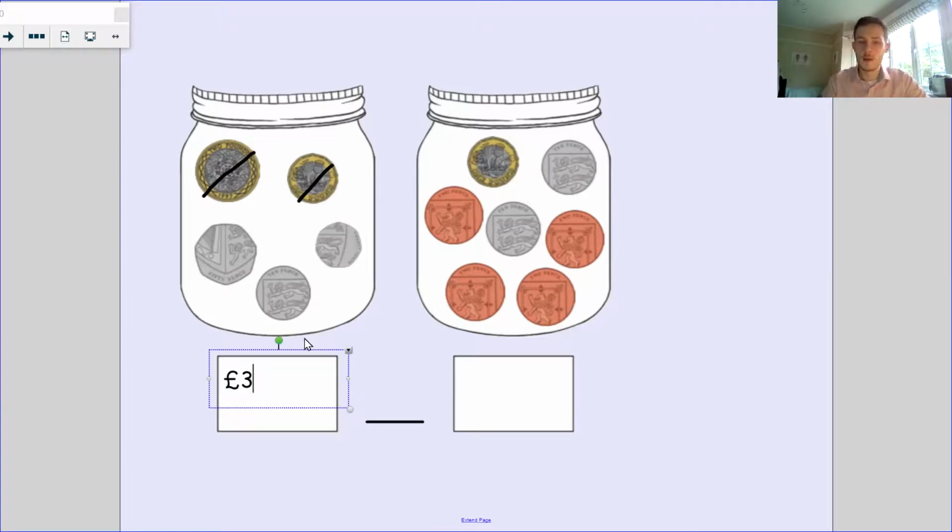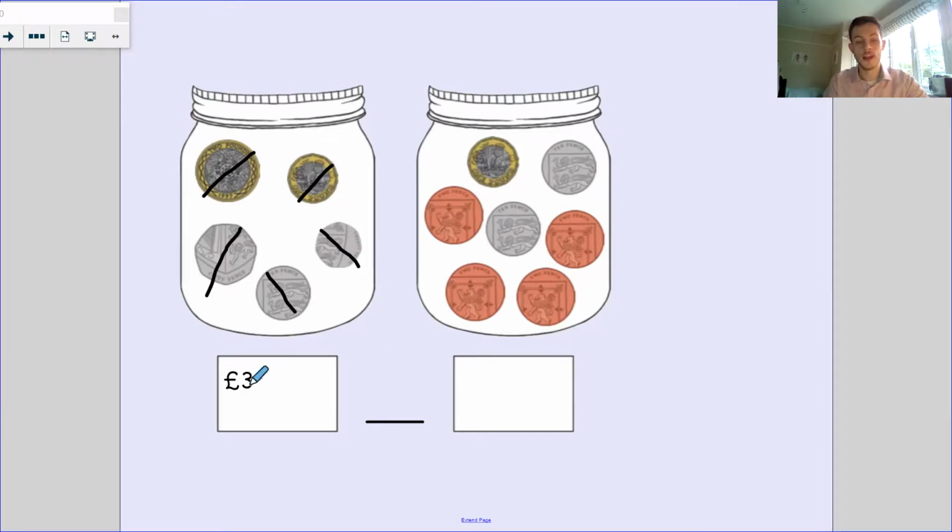Now, what I need to remember is I'm not now going to count in pounds for these because these are not pounds, these are pence. So let's now start counting in pence. So it's going to be 50p, 60, 70p. So I counted that one twice because it's 20p, that one, didn't I? I counted in tens, but I counted it twice. So 50, and it's gone to 70, and then 80. So that's